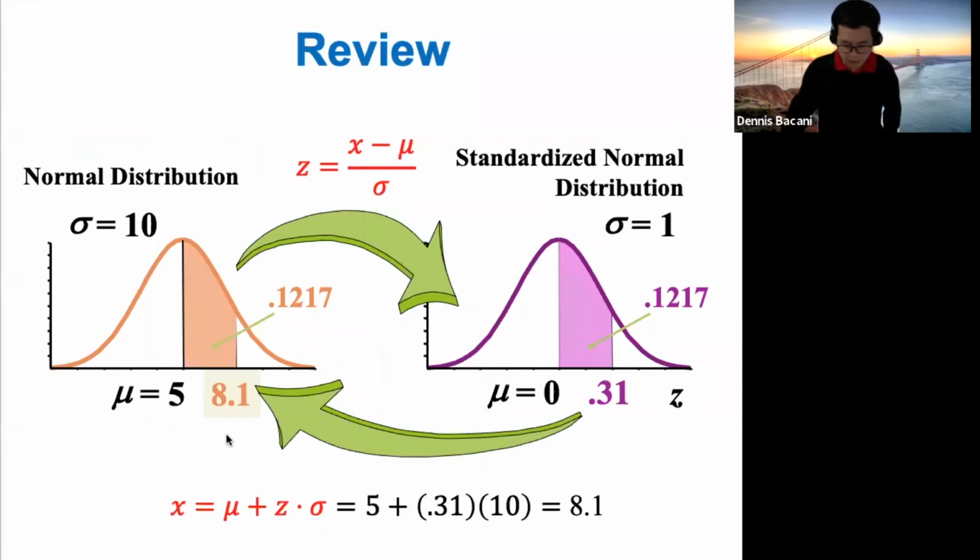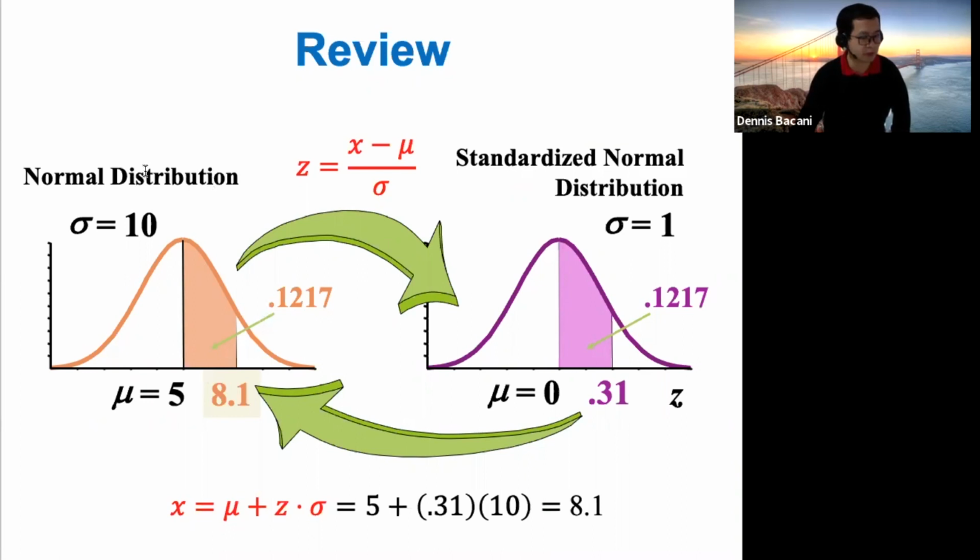A review of last meeting. So we discussed how to transform any normal distribution to a standard normal distribution. The reason is that we're going to use only one table in, let's say, finding the area bounded by a normal distribution from a range of X values. All right. But we also discussed how to transform a standard normal distribution to the original normal distribution with